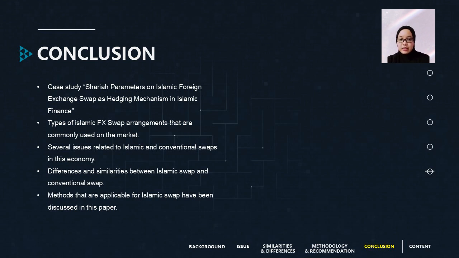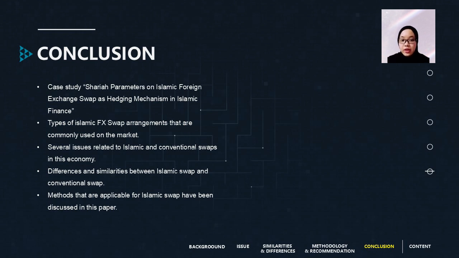In conclusion, this paper discussed the case study with Sharia parameters on Islamic foreign exchange swap as a hedging mechanism in Islamic finance. Islamic foreign exchange swap is an Islamic version of conventional swaps. The Islamic swap contract is a hybrid contract that aims to achieve the same goals as a conventional swap contract. The contracts based on al-tawarruk and wa'ad are two types of Islamic foreign exchange swap arrangement that are currently used on